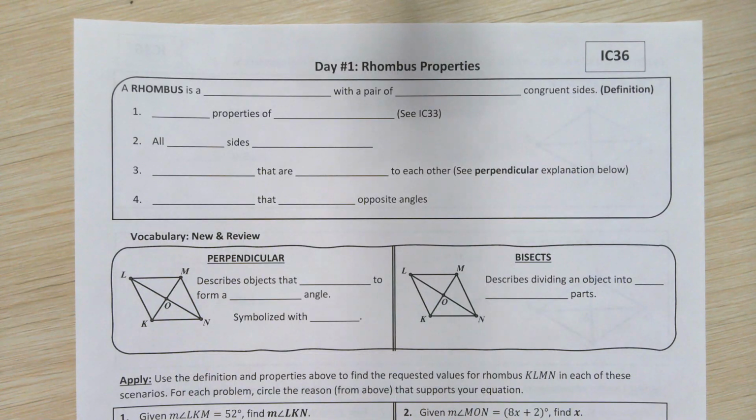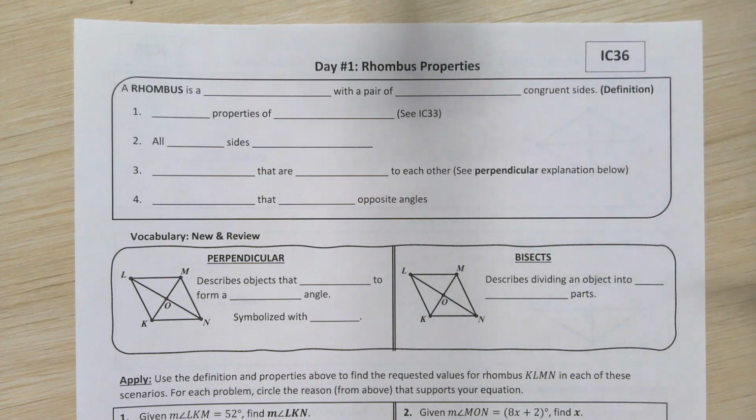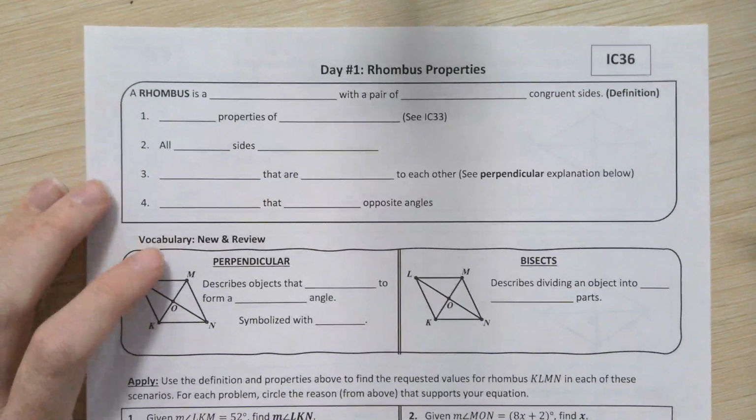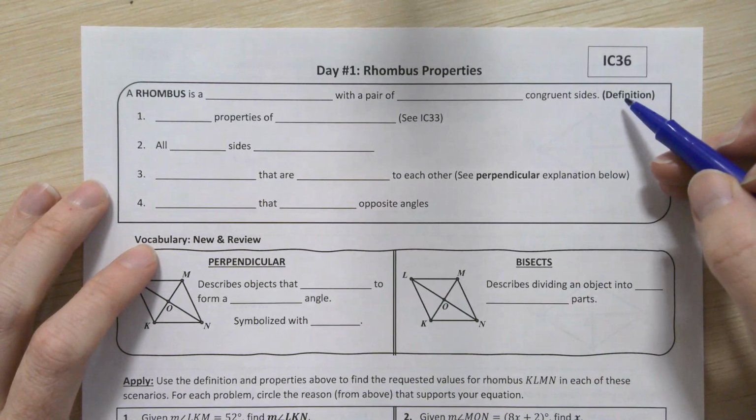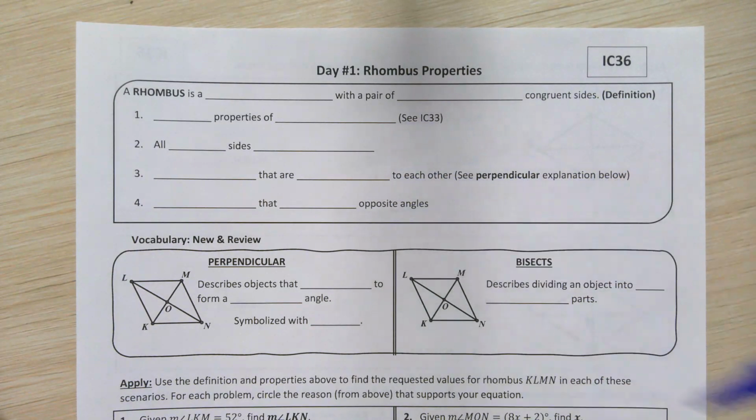This video will use our first notes page for Standard 9. This is in class 36, and we will be talking about properties of a shape called a rhombus today. So first and foremost, we're going to talk about what the definition of a rhombus is, and then there'll be a series of other pieces of information that we'll also learn are true for any shape that qualifies as a rhombus. There'll be a couple new vocabulary words and then several examples to make sure that you can put the